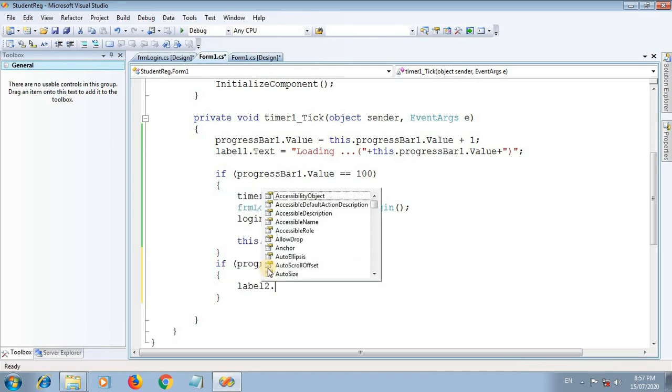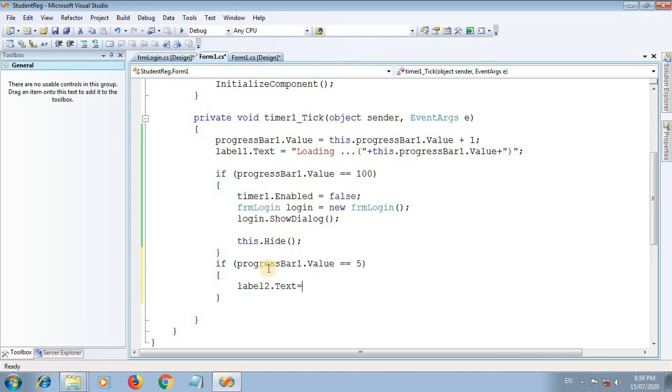This is our label 2, and its text is equal to some information for the user, that is, loading forms. Okay, some information, loading forms.